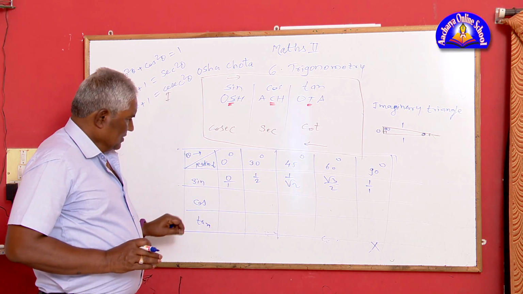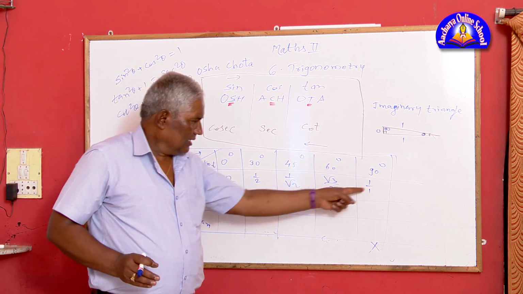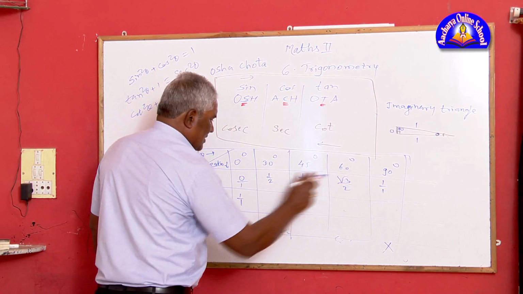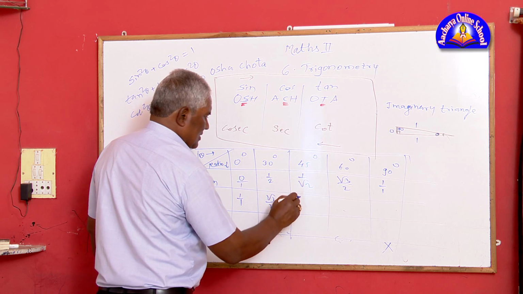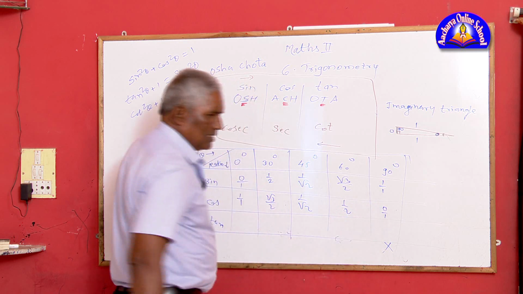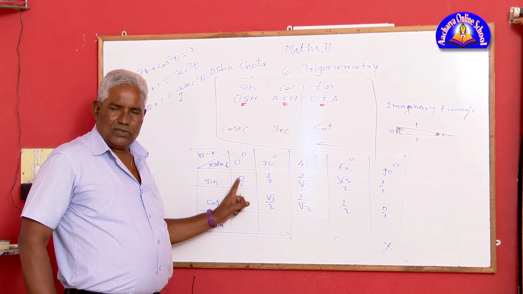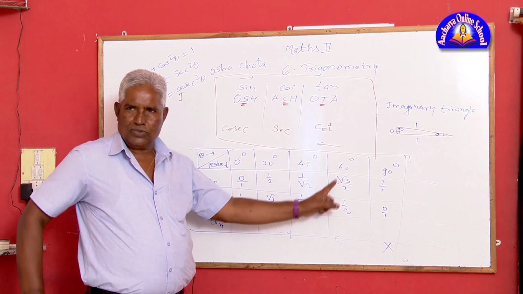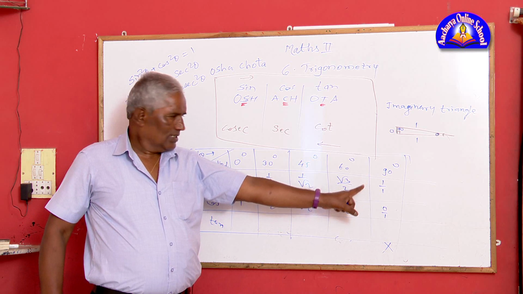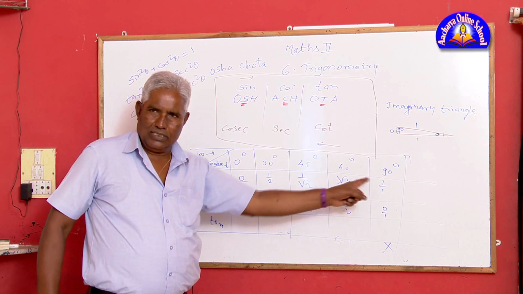For writing cos ratios, sin theta is equal to cos 90 minus theta. Therefore, write this line in reverse way. Here 1 upon 1 will come, root 3 upon 2 will be here, 1 upon root 2 will come here, 1 upon 2 will come here, 0 upon 1 will come here. This is the summary. Only study this line: 0, 1 half, 1 upon root 2, root 3 upon 2, and 1 upon 1. Only the first line you should remember, you study this by heart. And then write the cos line by reversing this line, write it only in reverse order.